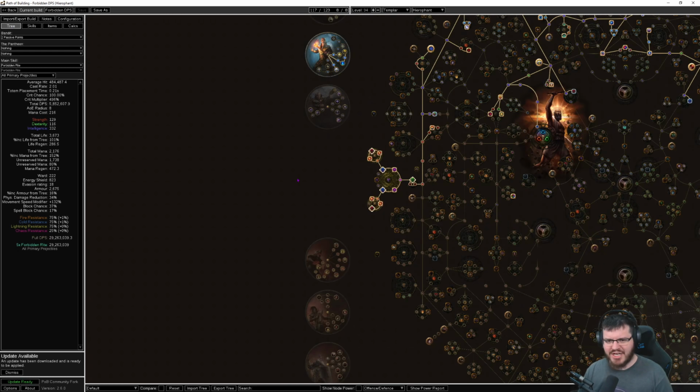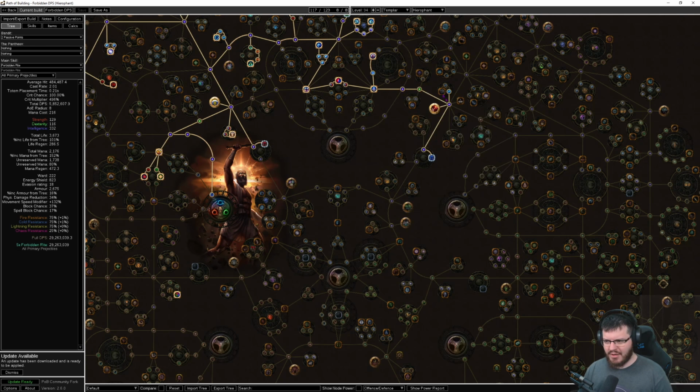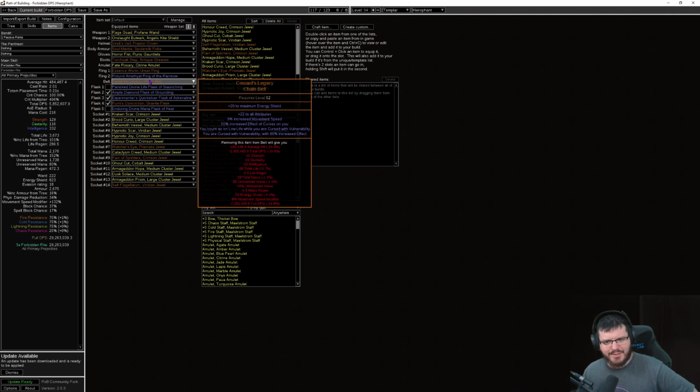In fact, this change gave me so much power that I'm not even convinced that I need to be over here taking Pain Attunement at all. I think if I was on a tighter budget, I would have been very, very happy to just drop Coward's Legacy and just put like a Stygian Vice on or something, because it is a very expensive part of the build. And I want to be clear, it is the very best belt you can get,